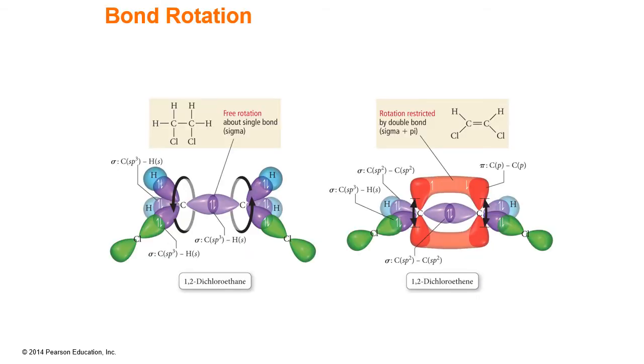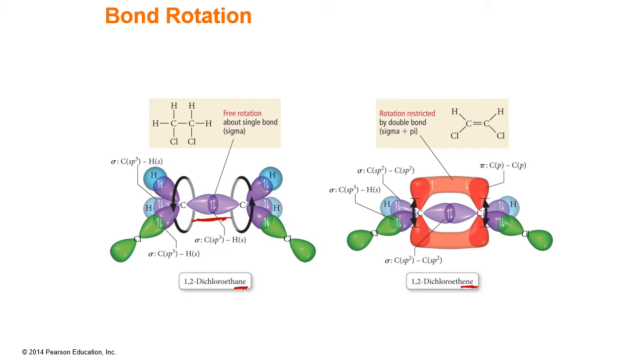Here we have two different examples. We have dichloroethane, ane meaning that it's all single bonds, and we have dichloroethene, meaning that it has a double bond. If we have only single bonds, so our orbitals are overlapping head to head, we're sharing the electrons in this sp3 hybridized orbital, our molecule can freely rotate. So the chlorines, they could be next to each other, they could be opposite each other at any given point in time. That bond can rotate around